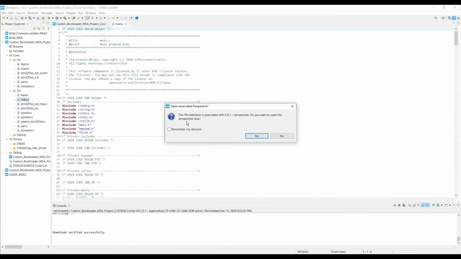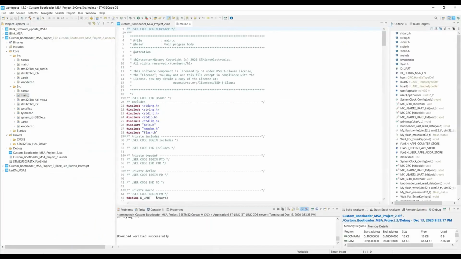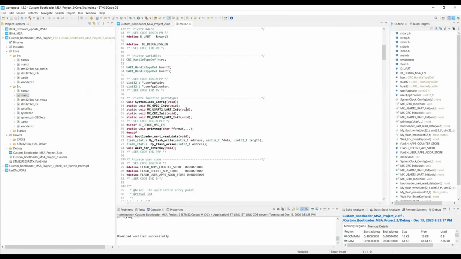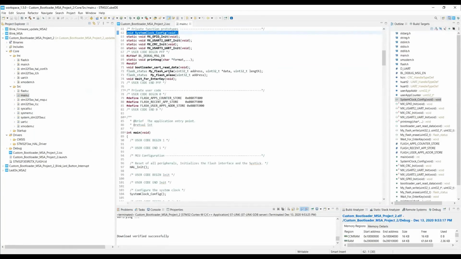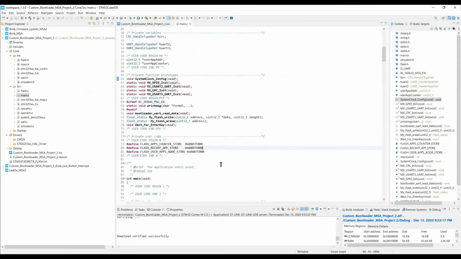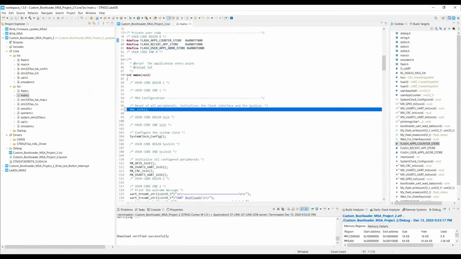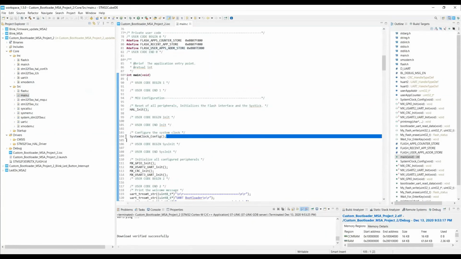Let's explore the main API. What we will be doing here is initializing the system clock. If you come here, these are all the APIs exposed, and these are some of our user-defined headers. If you see here, HAL init will initialize all the HAL API peripherals. System clock config will set up all the peripheral clocks.